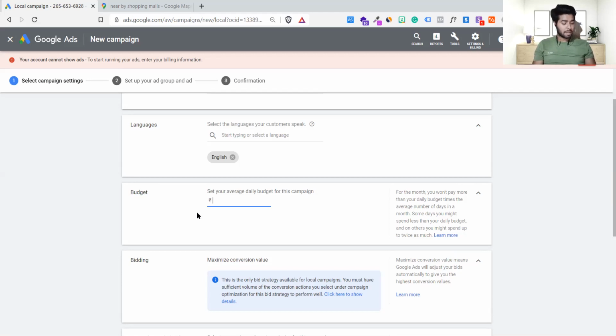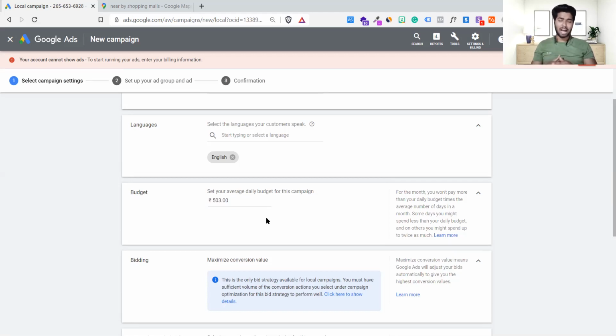So I want to set my campaign budget up to 500. And a fun fact: whenever you're giving round figures, play with the numbers. Don't give 500, play with 503. This should be my campaign budget. I don't know why I'm doing it, but many marketers also prefer to do it, and I also do it. So I always give odd numbers. I never give a campaign budget in round numbers.